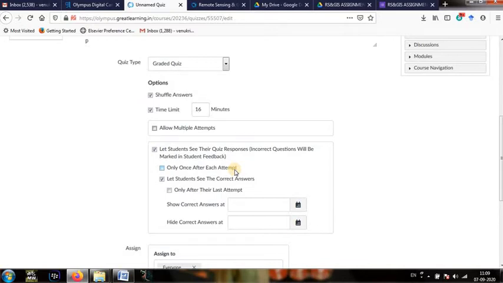Okay, so in usual practice we don't give that option because student may be disturbed, so that we will use this option. Let student see the correct answers only after their last attempt. Okay, if you select here 2 attempts, then you need to click here. Okay, so if you don't select this option, this may not be useful for you.